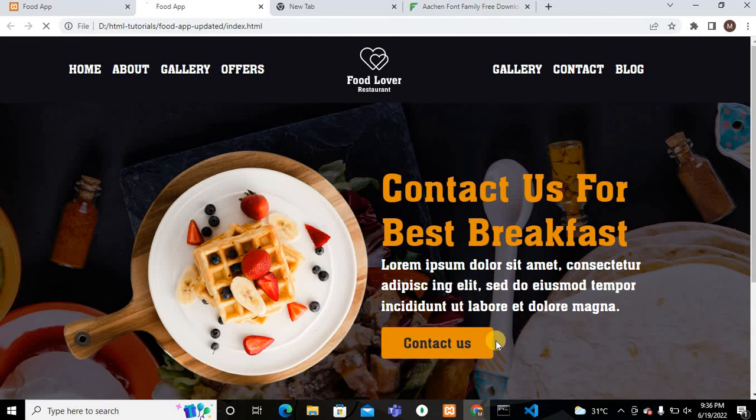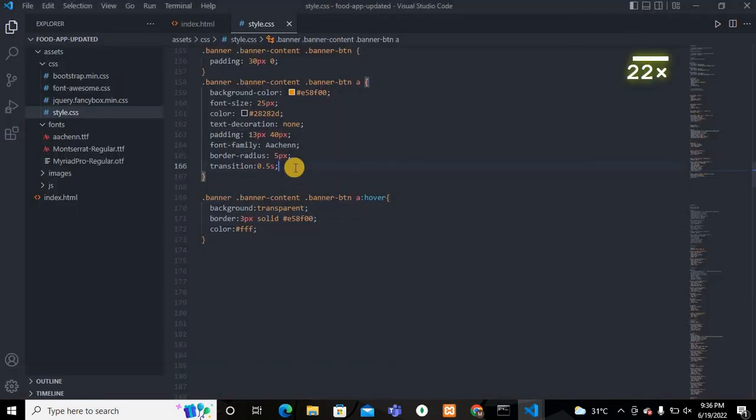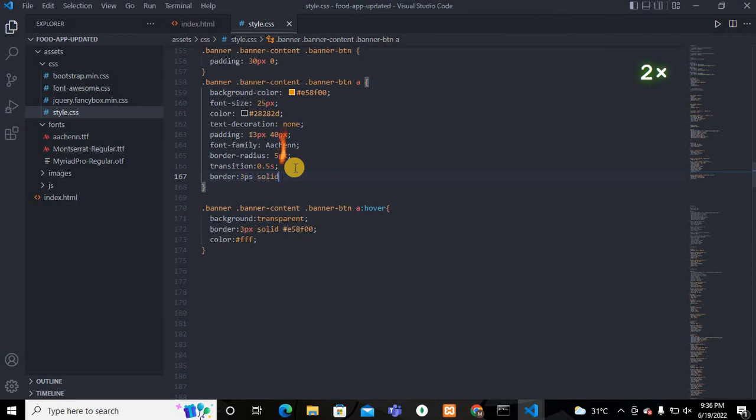So refresh again, and you can see this beautiful hover effect, but it is still not working perfectly. So I will add this property for the A tag, border 3 pixels solid transparent. Okay guys,